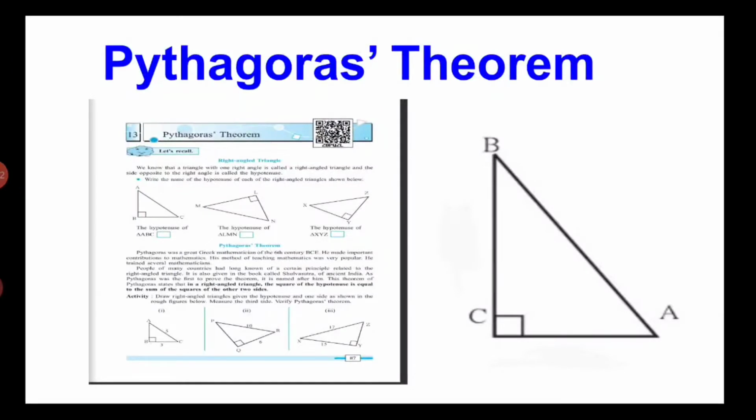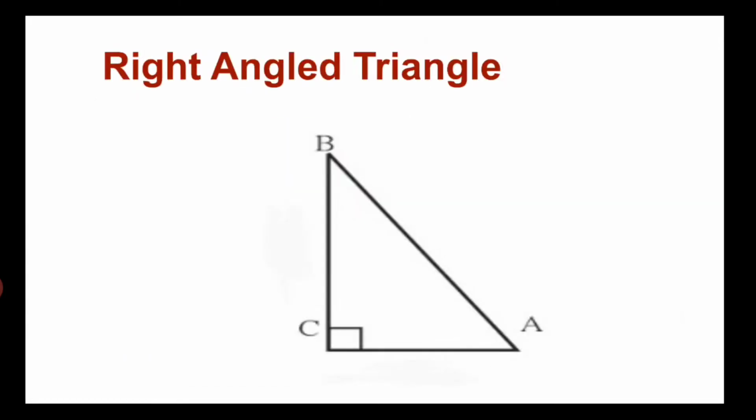Name of chapter is Pythagoras' theorem. Children, we all know right angle triangle. This Pythagoras theorem can be applied to right angle triangle only. So what we have learnt about right angle triangle in our previous standard, let us recall. This is right angle triangle BCA or ACB or BAC. We can write the name of triangle in 6 different ways. So you can write the name like ACB, BCA or CBA, anything you can write as the name of this triangle.